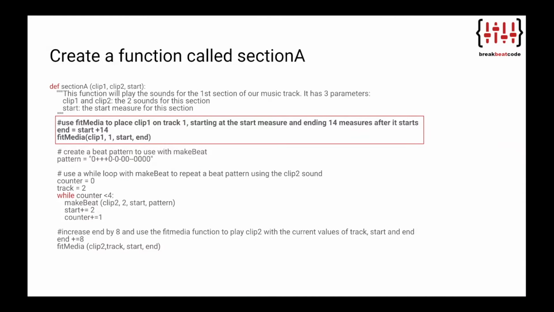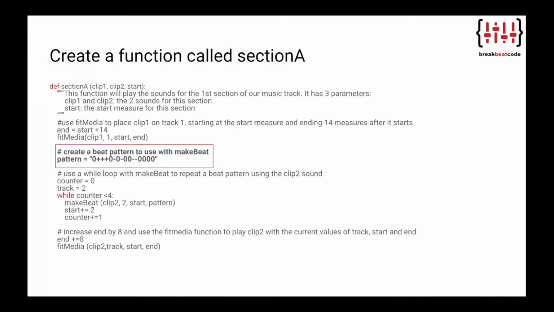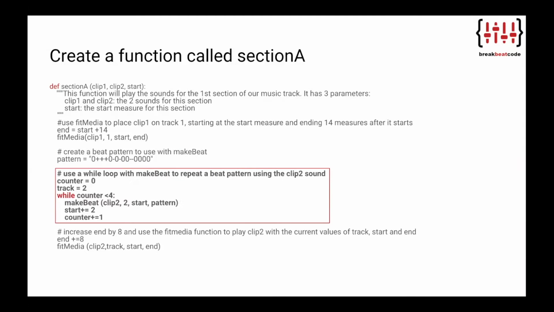Our code looks like this. End equals start plus 14, fit media in parentheses, clip 1, 1, start, end. We'll create a beat pattern to use with make beat, like this. Pattern equals, in quotation marks, 0 plus plus plus 0 dash 0 dash 0 0 dash dash 0 0 0 0. Next, we'll use a while loop with make beat to repeat our beat pattern using the clip 2 sound,